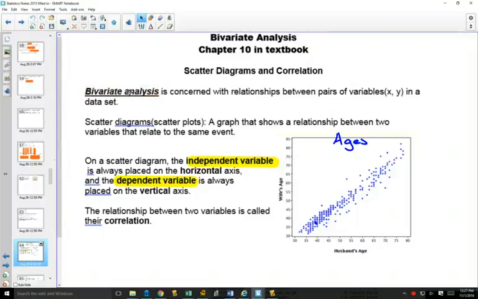So this chapter is on bivariate analysis. Bi meaning two, variate for variable, so we're looking at things with two variables, and that makes a graph. And on a scatter diagram or a scatter plot, if you have a lot of plots of stuff, and here we have ages of husbands and wives,